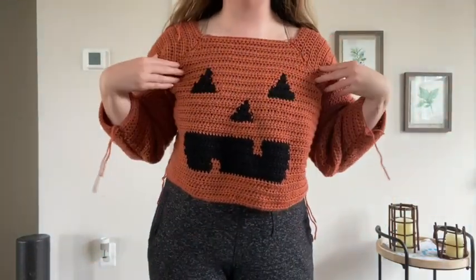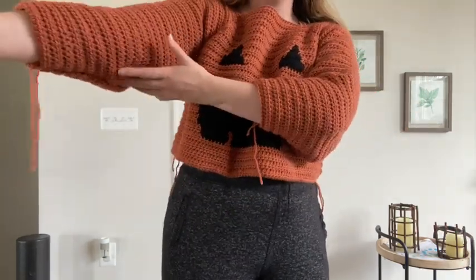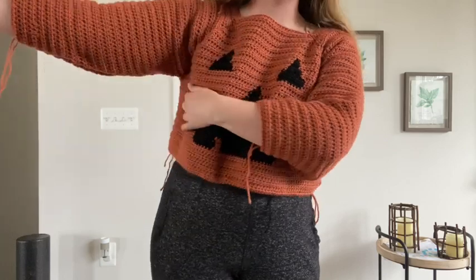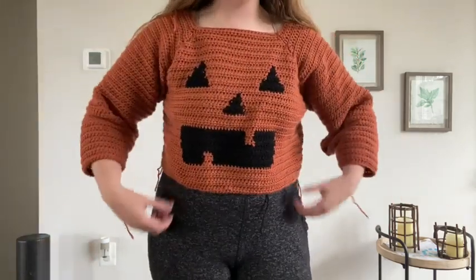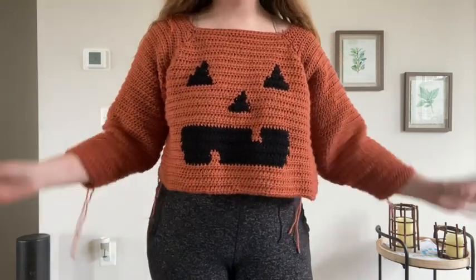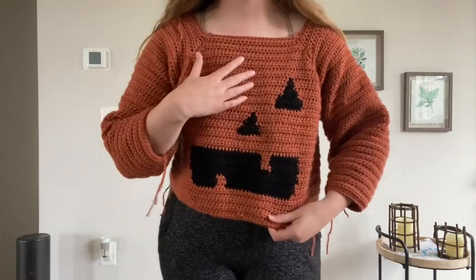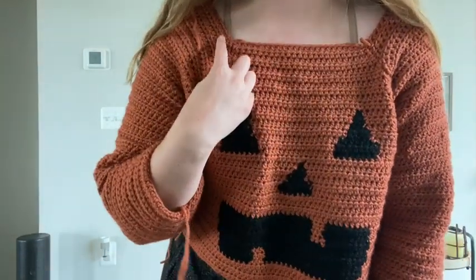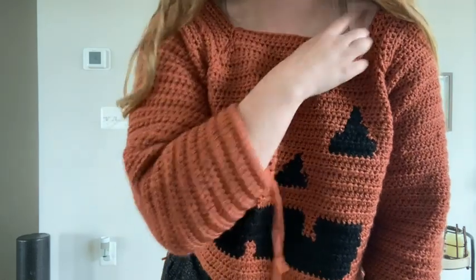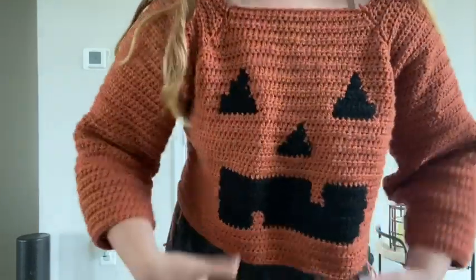First off, I have a square neckline, so when I was about up to like, also you'll see I have to touch up my sleeves here, but once I was up to this point while making my sleeves, I realized that I was going to end up with a square neckline. So what I'm personally going to do is I'm going to go in and crochet from here to here and go all the way up to probably about here, because I think I'm going to do a wide neck on